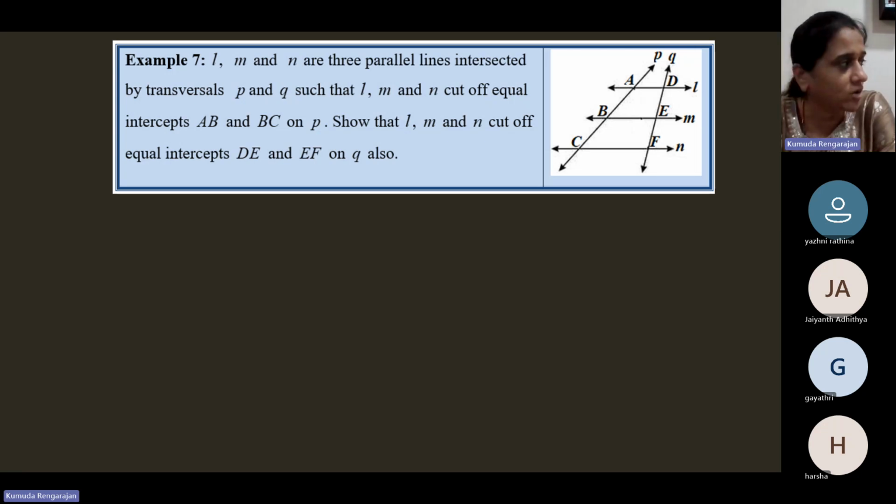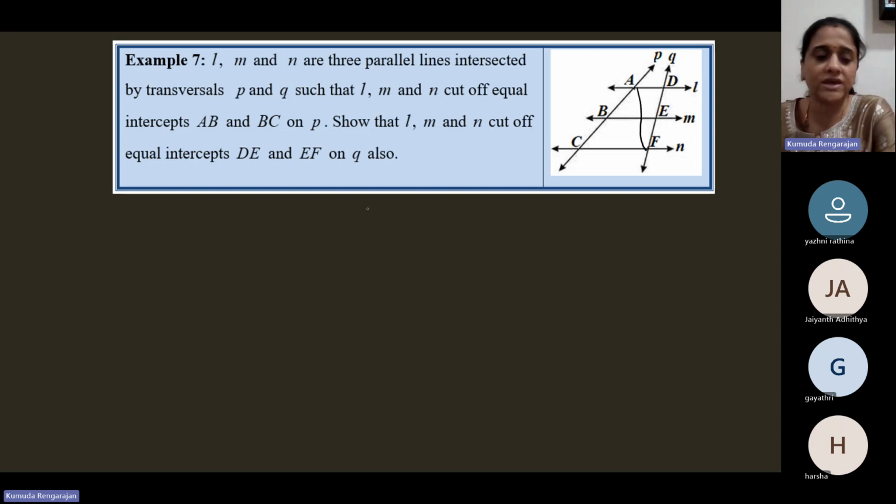The intercepts on the transversal P are equal. AB is equal to BC. What should you prove? DE is equal to EF. That is, the intercepts on the transversal Q are also equal. Correct? What's the construction? Join